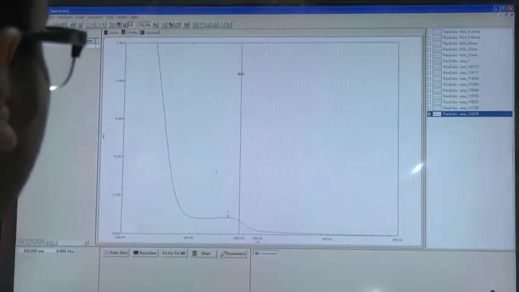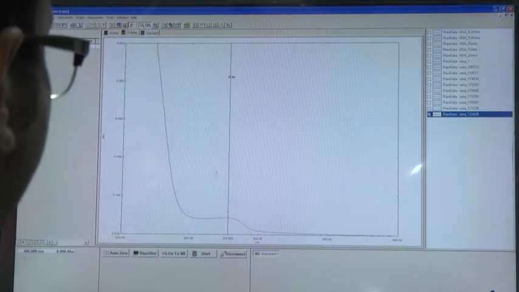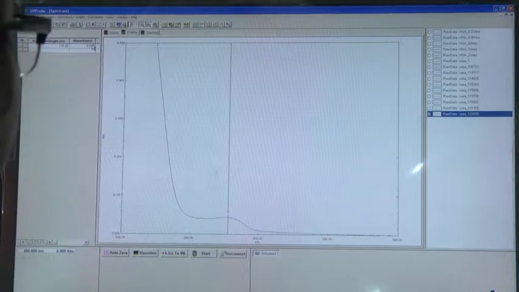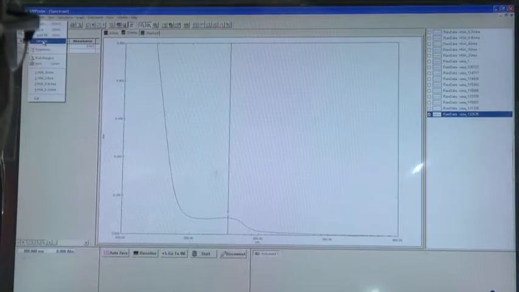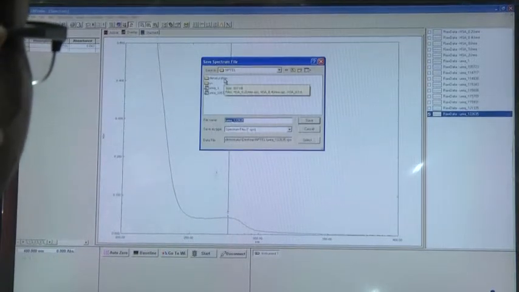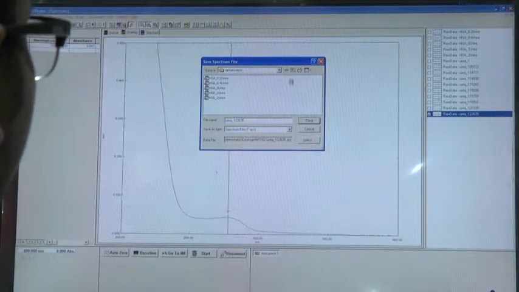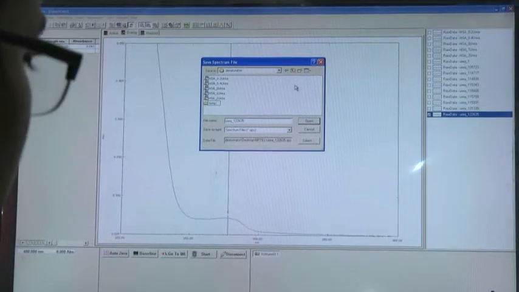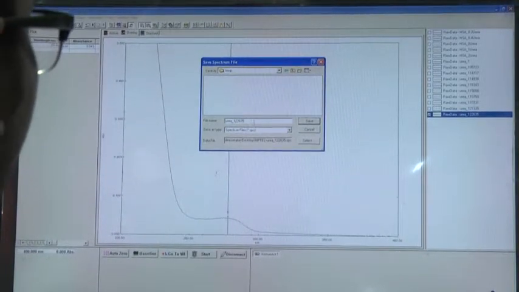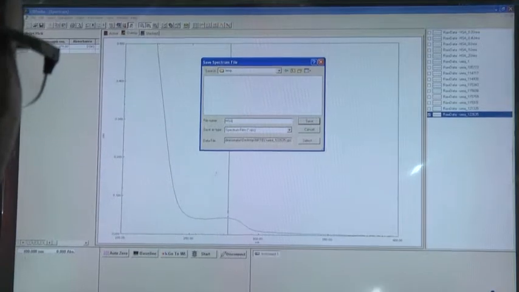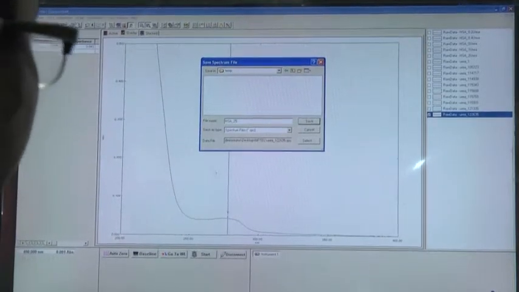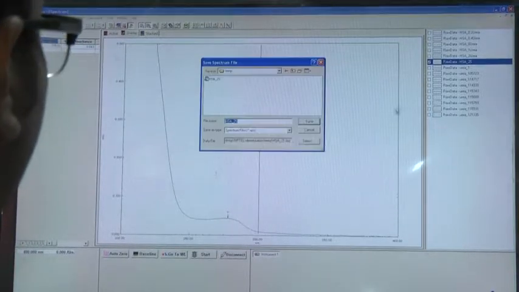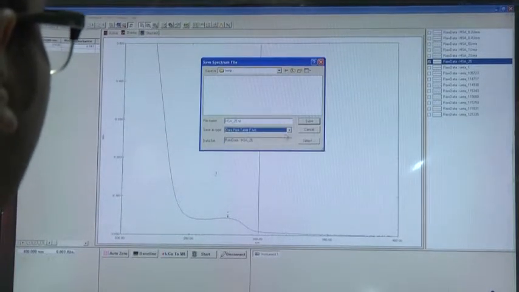So, let us find out. Here again it is around 278 nanometers, and the value is 0.043. Now, we can save it. In the denaturation part we can make a folder for temperature, and here we can save it as HFA 25, suggesting 25 degrees centigrade. Again, save it in the text format.